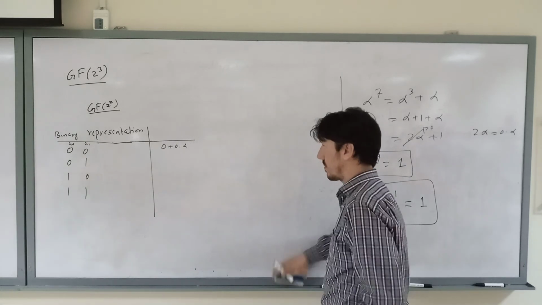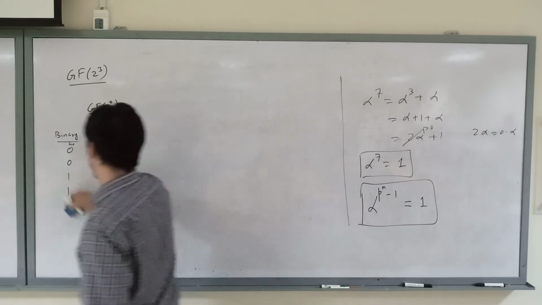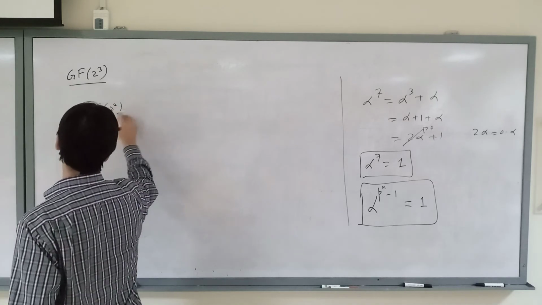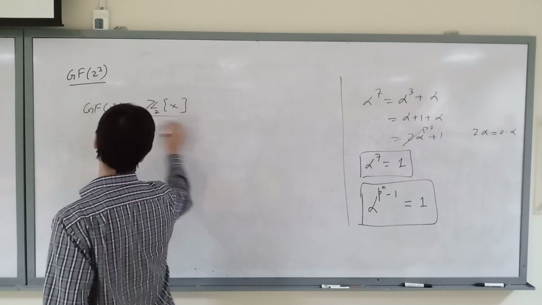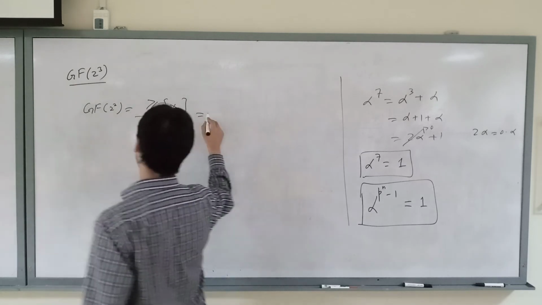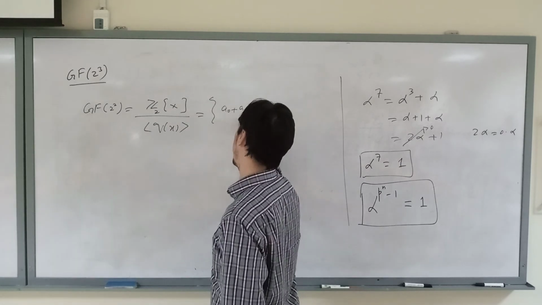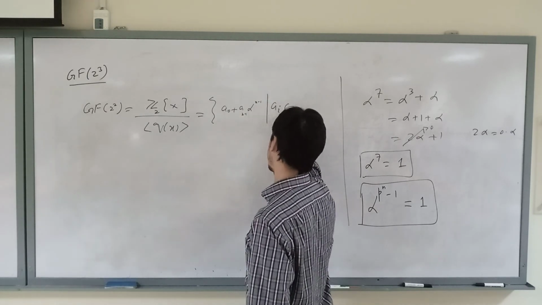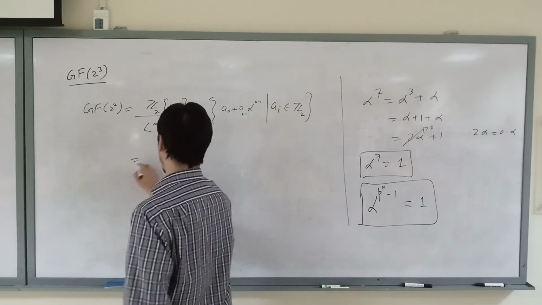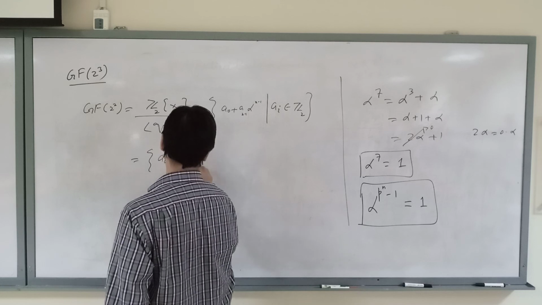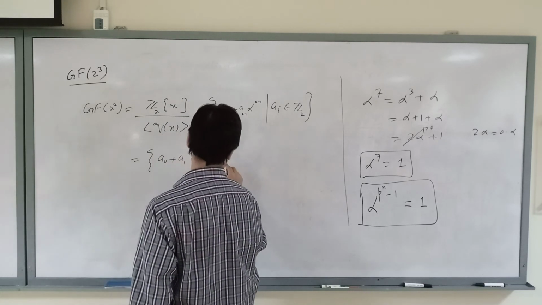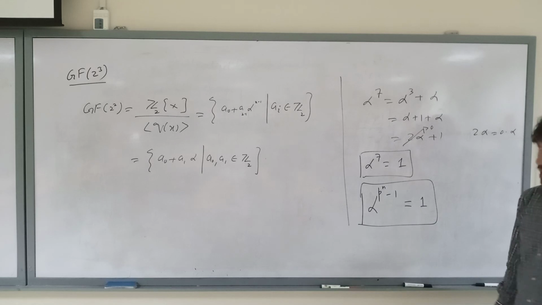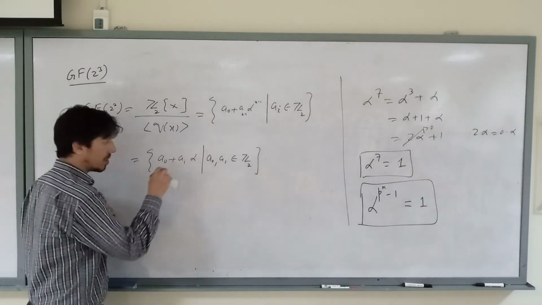अच्छा, question 2 मैं next week करना है. मैं जरा इसको एक्सप्लेन करूं, GF2 raised power 2 को Z2 of x, q of x का ऑर्डर क्या है, डिग्री क्या है, 2 है, तो ये अल्फा नॉट प्लस अल्फा 1 अल्फा, ये जो हमने लिखा था 2 माइनस 1 और 2 माइनस 1, और ए आई कहाँ से थे सारे, Z2 में से होंगे, ठीक है। तो ये क्या होगा, a0 plus a1 alpha, a0 और a1 belongs to Z2, ठीक है जी। ये GF2 power 2 की रिप्रेजेंटेशन है। अब इसमें क्या क्या पॉसिबिलिटीज हो सकती हैं। पहली पॉसिबिलिटी ये हो सकती है कि दोनों कोफिशिएंट 0